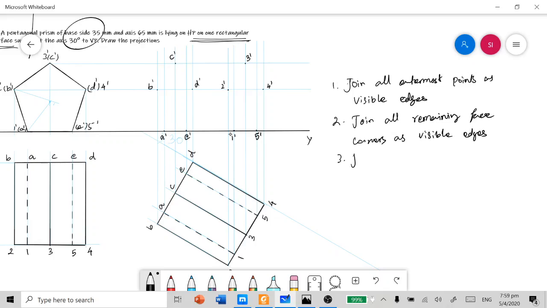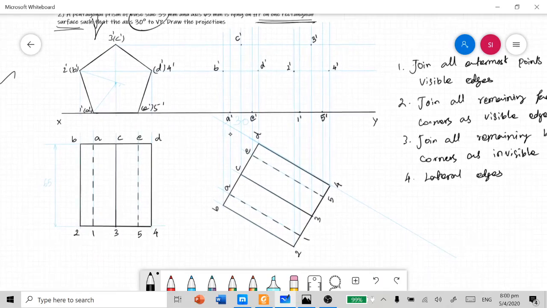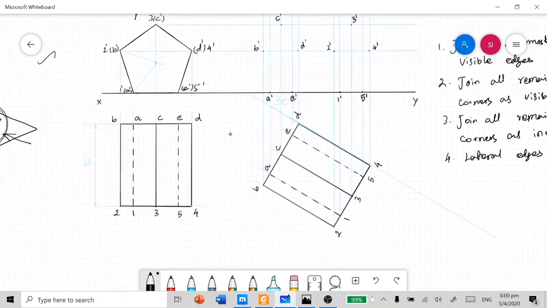Rule number 3: we join all remaining base corners as invisible edges, and finally we consider the lateral edges. Yes, let's start to connect. So by following the first rule, before getting into it, it's actually a prism.